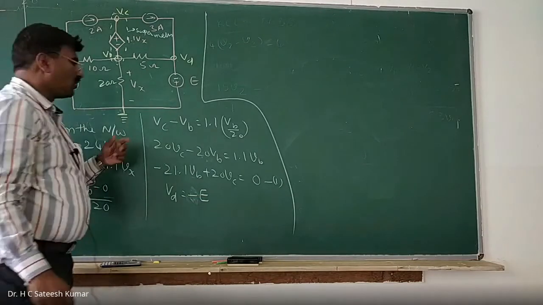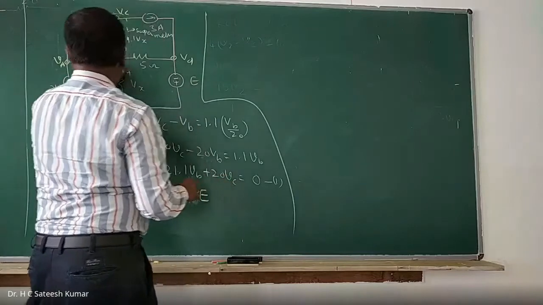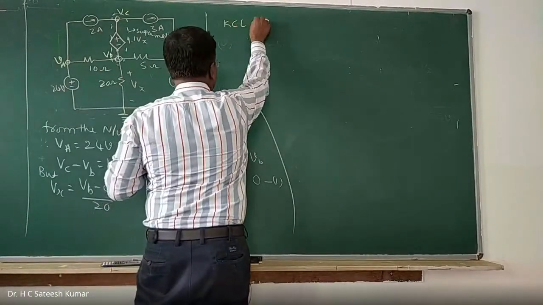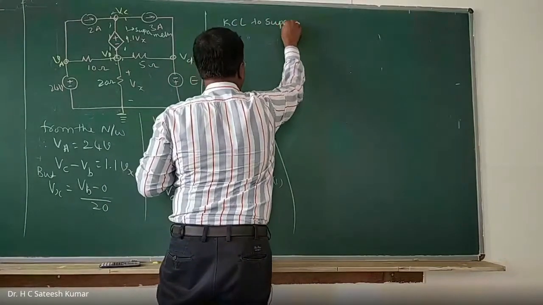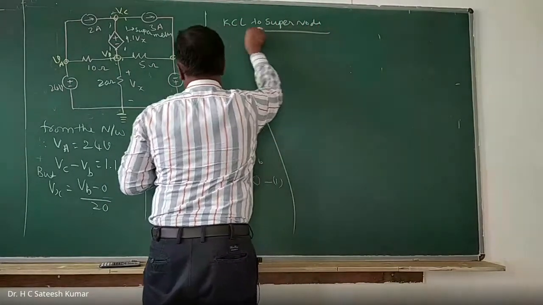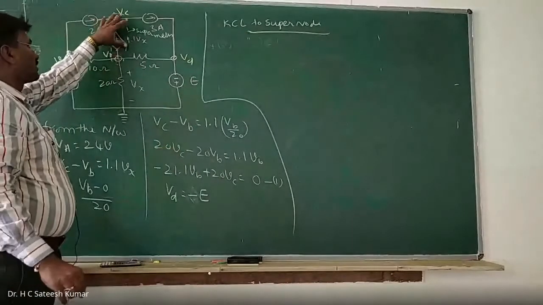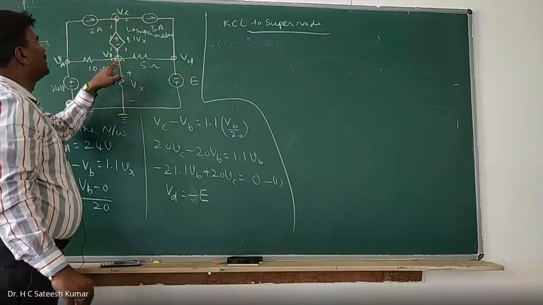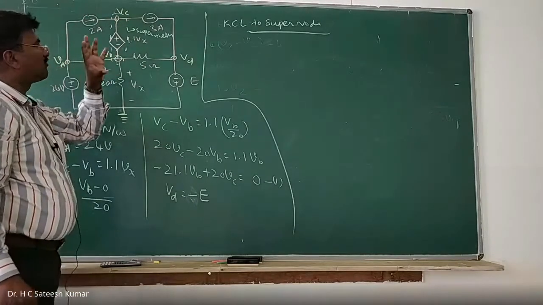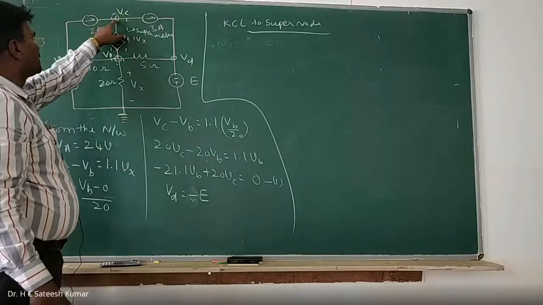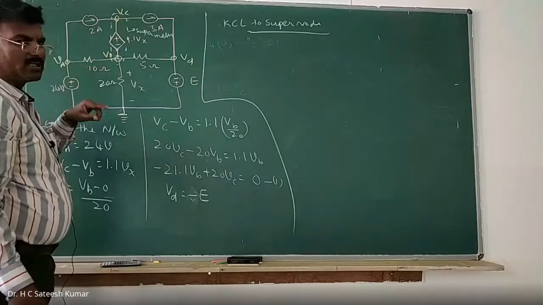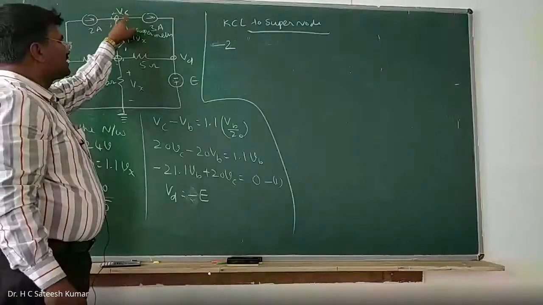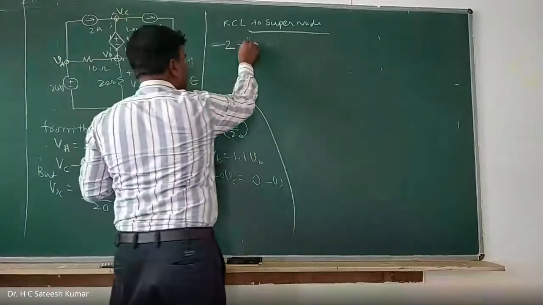Okay, right. Now, what about VB and VC? KCL to the supermesh. This is the super node, these two combined together. VC has 2 elements connected, VB has 3 elements connected, therefore you will get 5 terms. How to start from this point? Current is entering, but current should leave, therefore minus 2. And current is leaving, is correct, therefore plus 3.